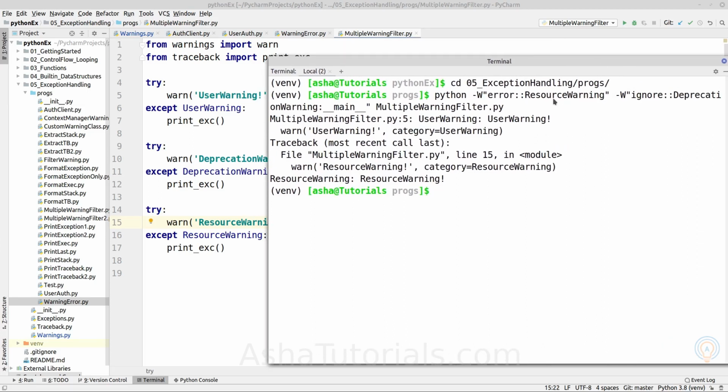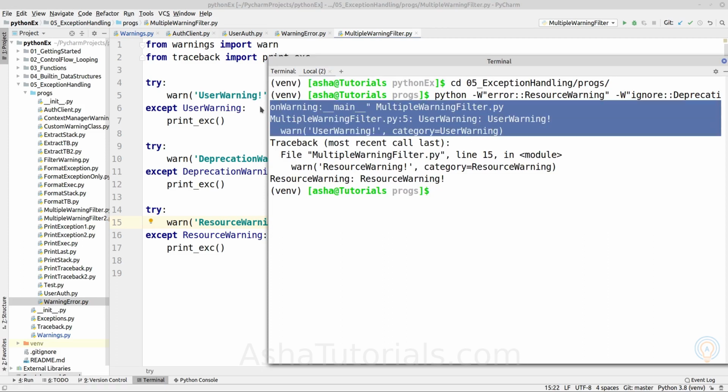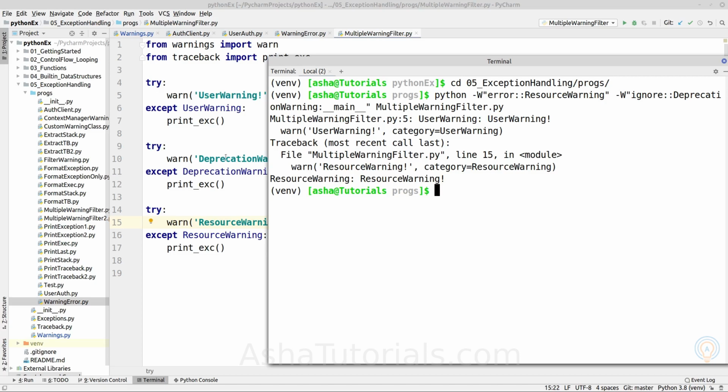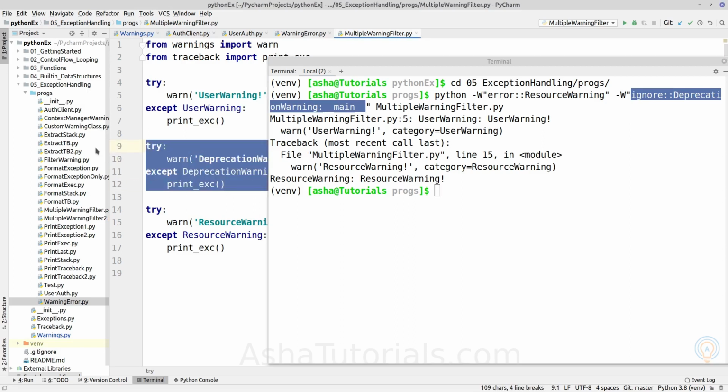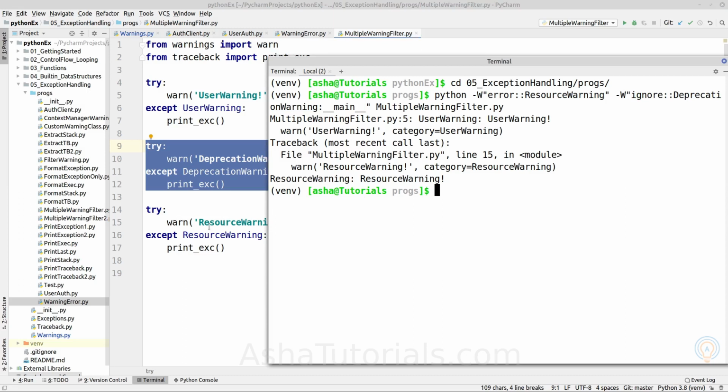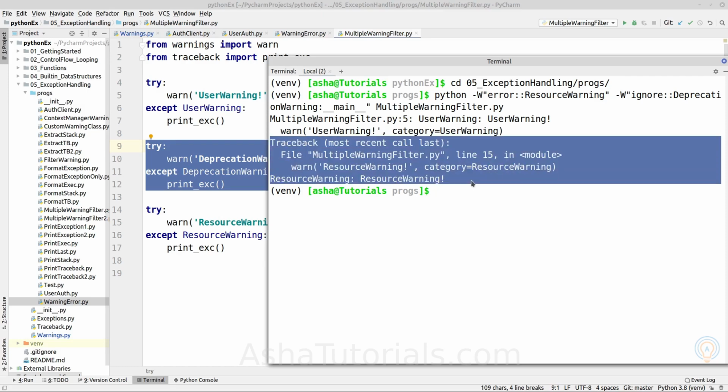We haven't configured the user warning, which means it takes the default action. It is printing the first occurrence of the warning. For the deprecation warning, we are ignoring it even if it is raised from main, so no message gets printed. And for the last, the resource warning, we are converting it into an error, so it is printing a traceback for it.